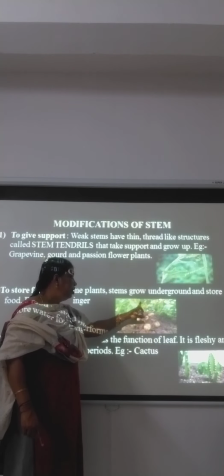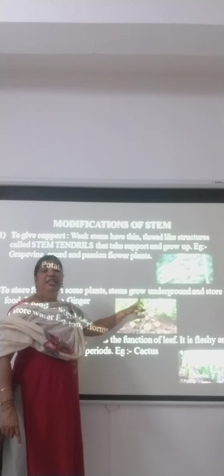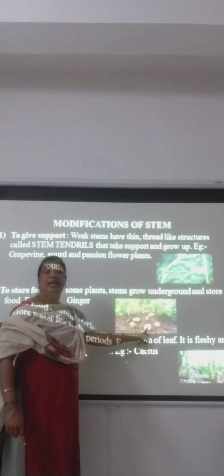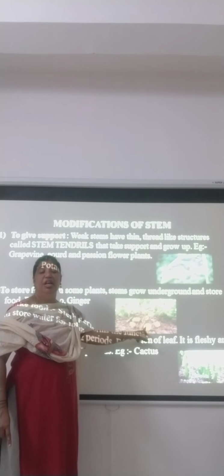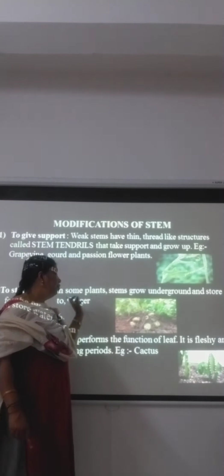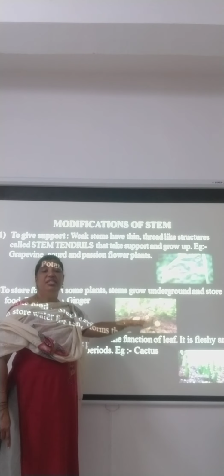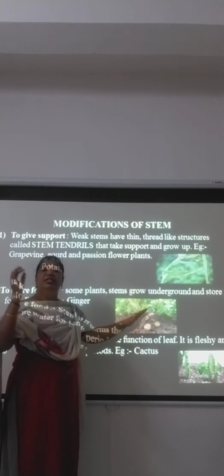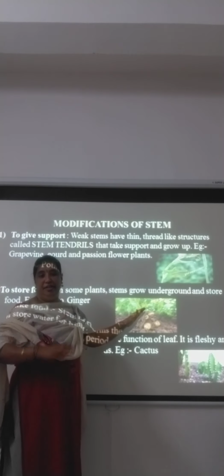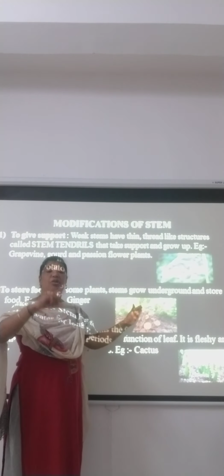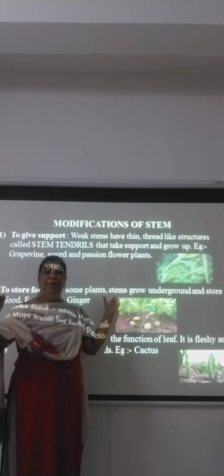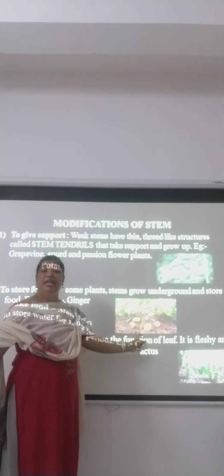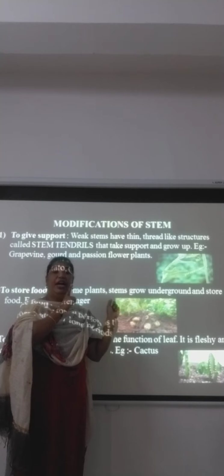But whatever food the potato plant is preparing, the extra food is stored underground. Okay? That underground storage of food. Examples will be potato and ginger. Now this type of plant is a stem modified plant. Understood, children? Now have you understood the difference between a potato and a carrot, children? Carrot is a root modified plant, but potato is a stem modified plant.